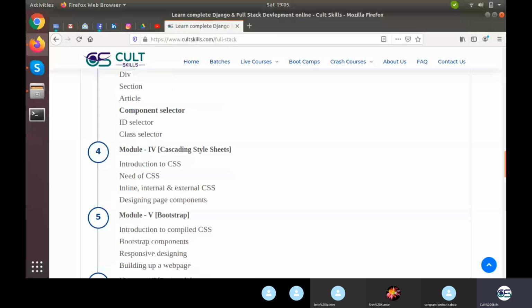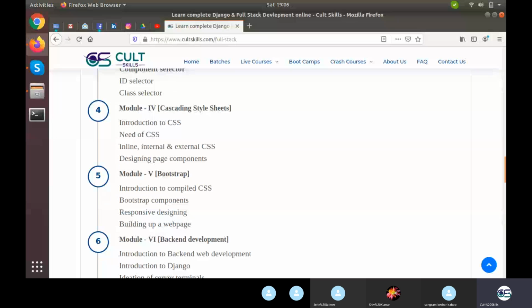So right now we have a bit of knowledge of HTML, CSS and Bootstrap, and with this we know what front end designing is. So we are clear with the front end designing component. Let's go ahead and design something at the back end. So today's task will be more or less